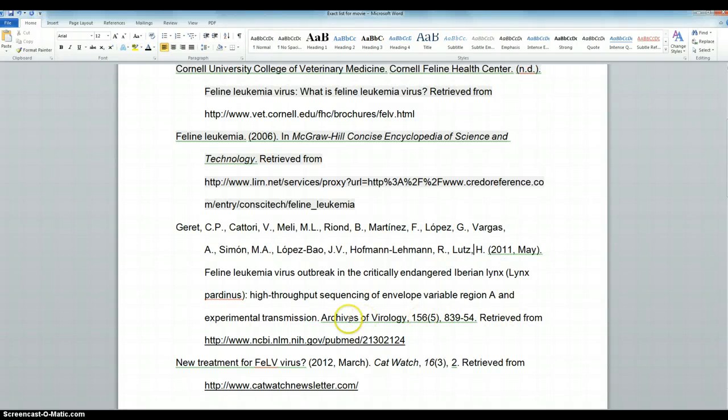There are so many authors in this particular citation that we need to go and look at the APA rules to find out what we need to do here. And the rule is if you have 8 or more authors, then you list the first 6 authors' names with a comma after each one, and then insert an ellipsis, which is 3 dots, and finish with the last author's name. So here we go, 1, 2, 3, 4, 5, 6 names, and then Vargas